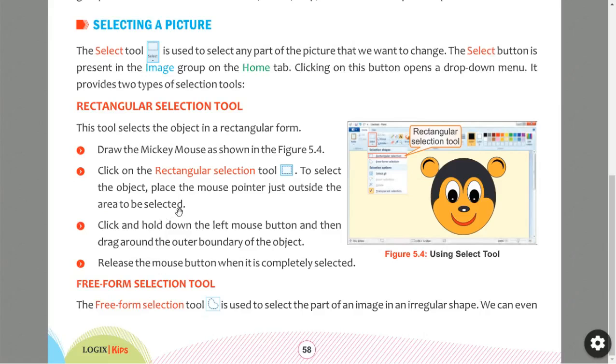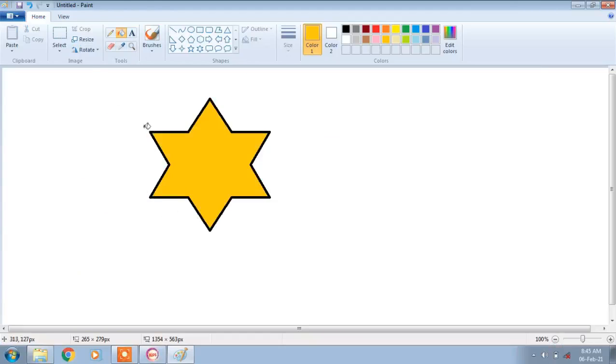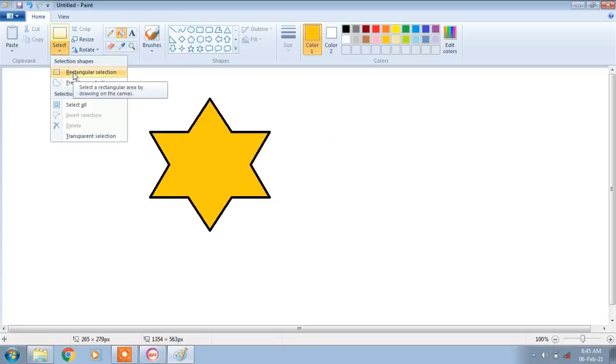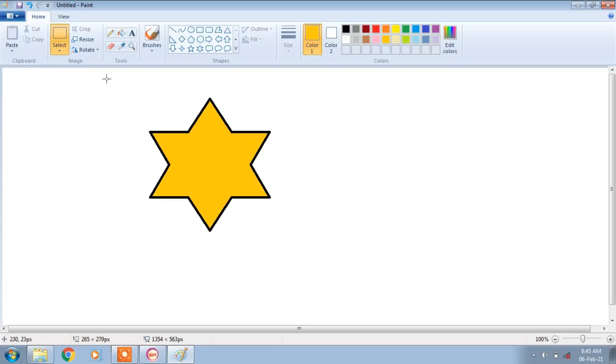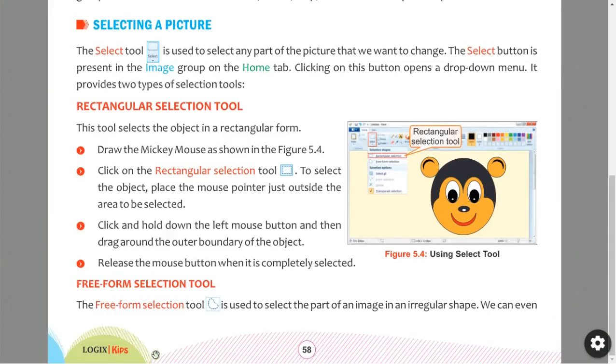Now after drawing the image, click on the home tab, you have a select tool, then click on this rectangular selection tool and place the mouse pointer outside the shape, from where you are going to begin your selection. Click and hold down the left mouse button and then drag around the outer boundary of the object.